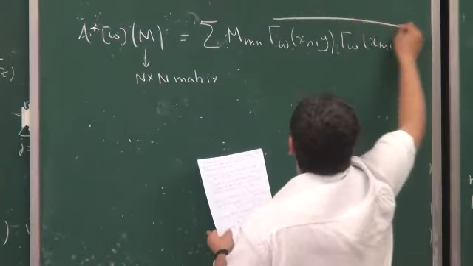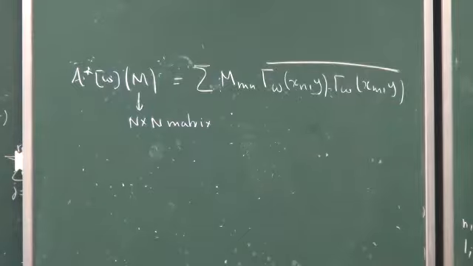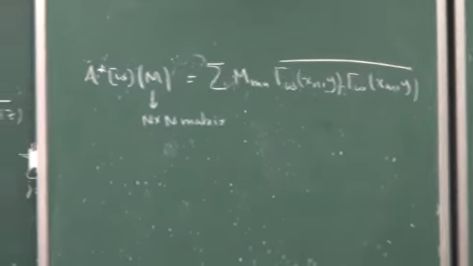Actually, it's just a back propagation of the signal. You take the elements of the matrix, you multiply them by the conjugate of the Green function from the receiver to point y, and y is something inside here. Y is this variable. Okay, so you back propagate the fundamental solutions.